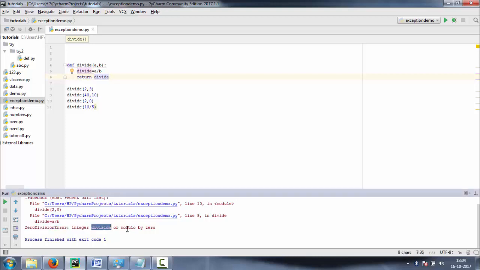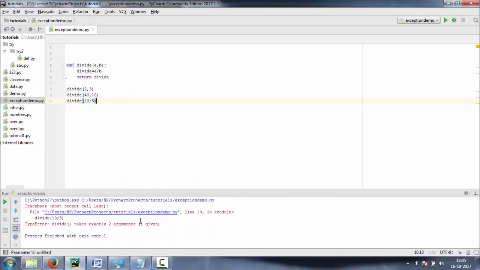It gives an error, zero division error. What does that mean? Here we are giving an input where we divide by 0 as the denominator. As we know, we can't divide a number by 0. Let's remove this. See our code. Now let's run it.